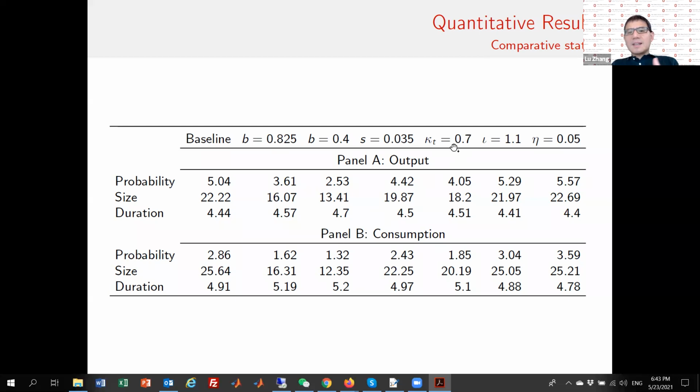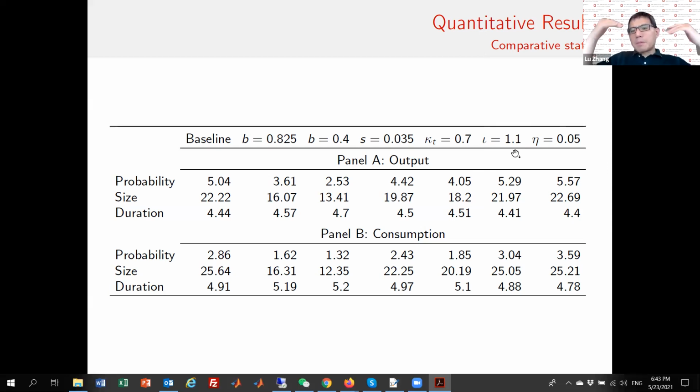In the next experiment, kappa, we removed the fixed cost of vacancy posting, although we keep the mean largely unchanged. We simply remove the fixed matching costs. It turns out the fixed matching costs are important because they provide a downward rigidity for marginal hiring costs. So the probability drops a little bit, and size drops a little bit.